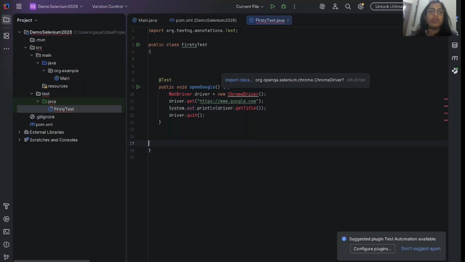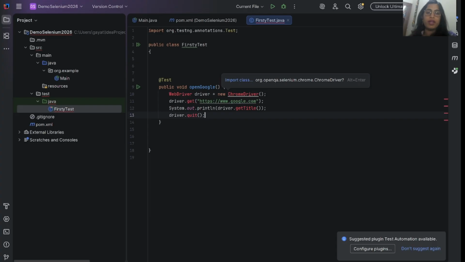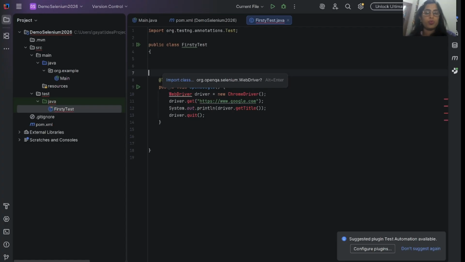Now we have declared a method called public void openGoogle. What we are trying to do here is open the URL of google.com. So we write WebDriver driver = new ChromeDriver. Earlier we could not write this directly.